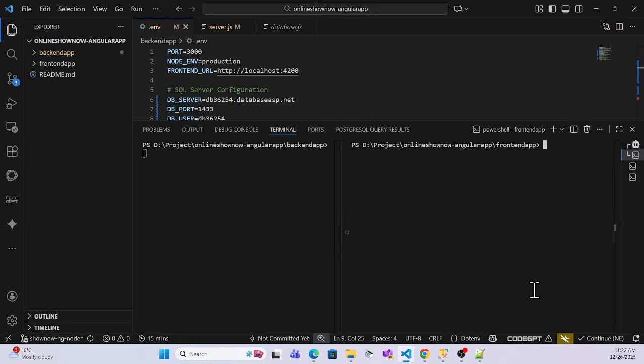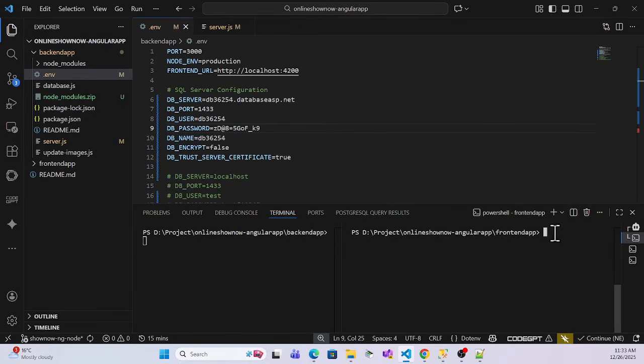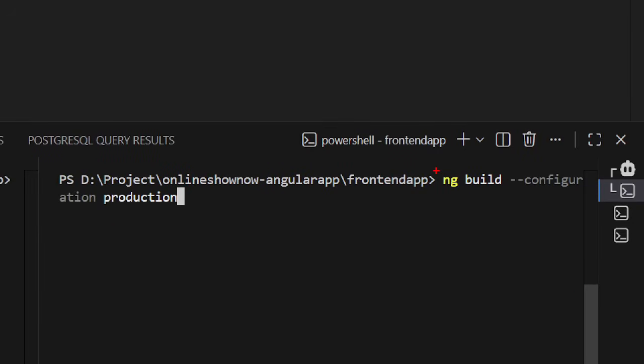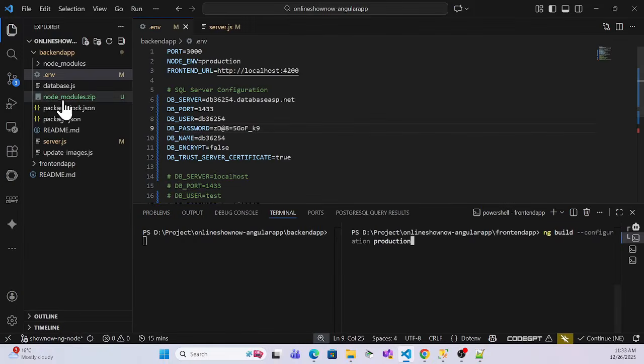Okay, let me clear that. So to create our production build, I can simply use this command: ng build --configuration production. And also